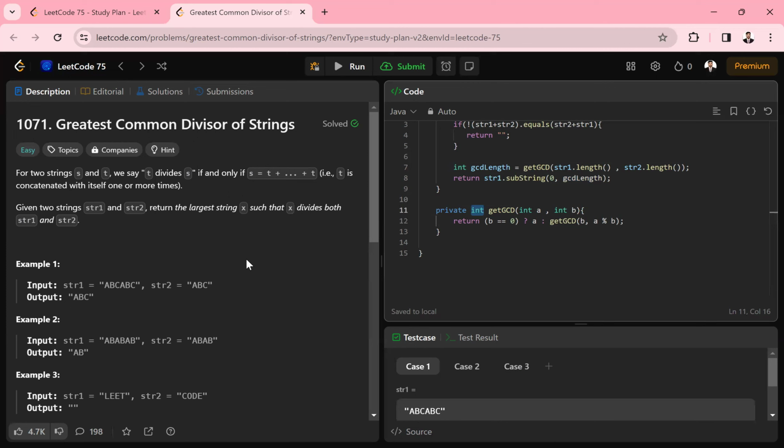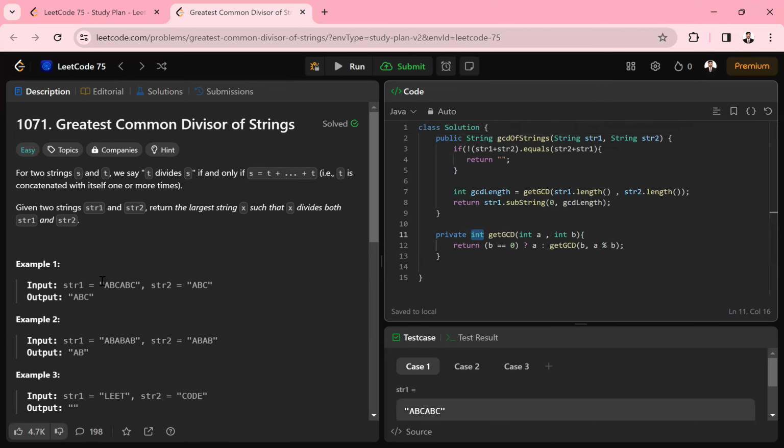So let's dry run this question. First, from here you can see string 1 plus string 2 and string 2 plus string 1 are both equal, right? So this condition will not execute, it will go here, and here we are going to call this method.